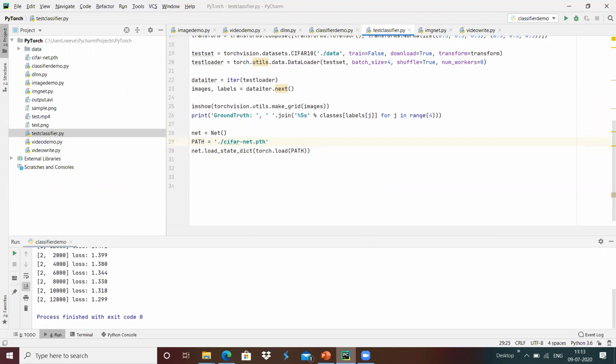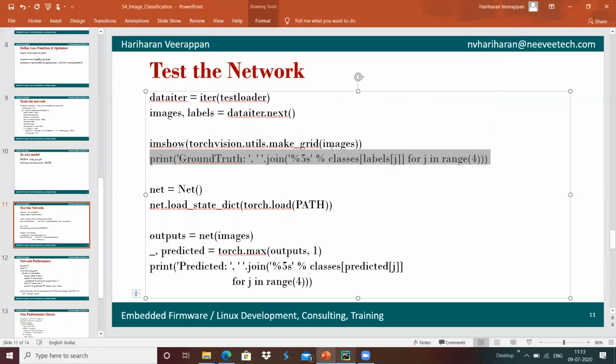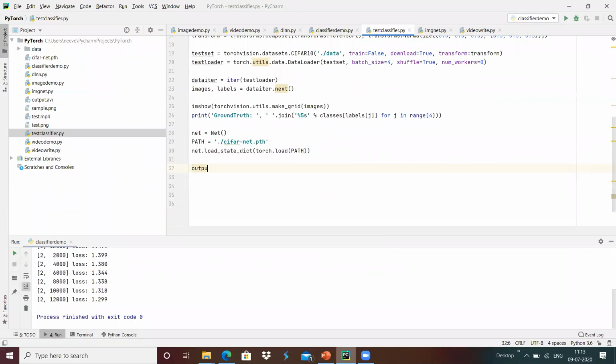This loads the model which we have created into the network. Once the model is loaded, we can do output equals net of images, which is the input. We are feeding the image taken from the test data set to the neural network, and we are generating the output over here.